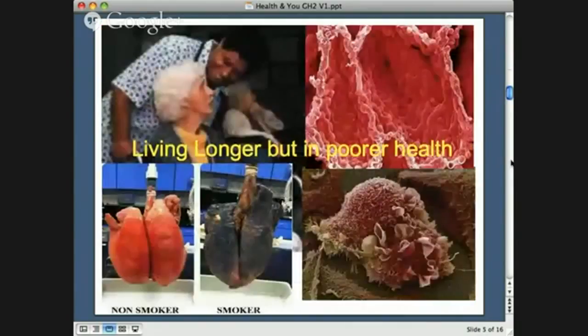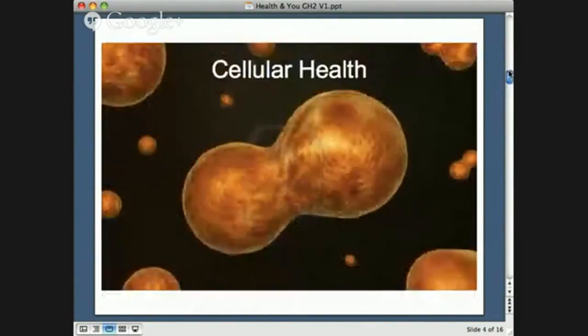So cellular health, if you remember back to what you probably first learned about cells, cells reproduce by dividing. And so a poor cell is going to reproduce a poor cell. If it's a healthy cell, it's going to reproduce a healthy cell. And these are based on a couple of factors. Health of a cell is based on the environment and on the diet, what the nutrients are that are given to the cell. So it's important to have good nutrition.